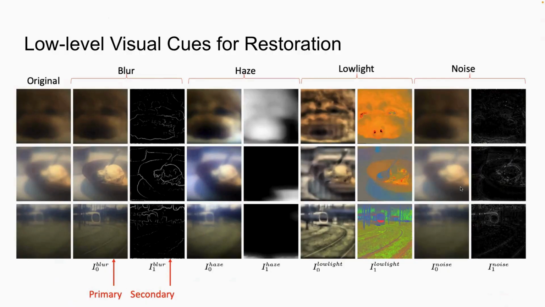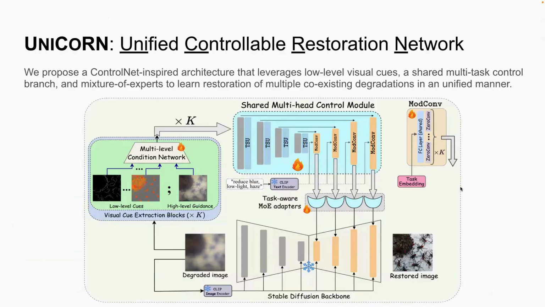And for each of these different kinds of degradations which might occur, we can have an initial estimate of that image, where we remove that particular degradation. We assume that these intermediate cleaner images have structural faithfulness, and these can be used to train a model to obtain more refined and cleaner images in the final step. So this is our framework overall.